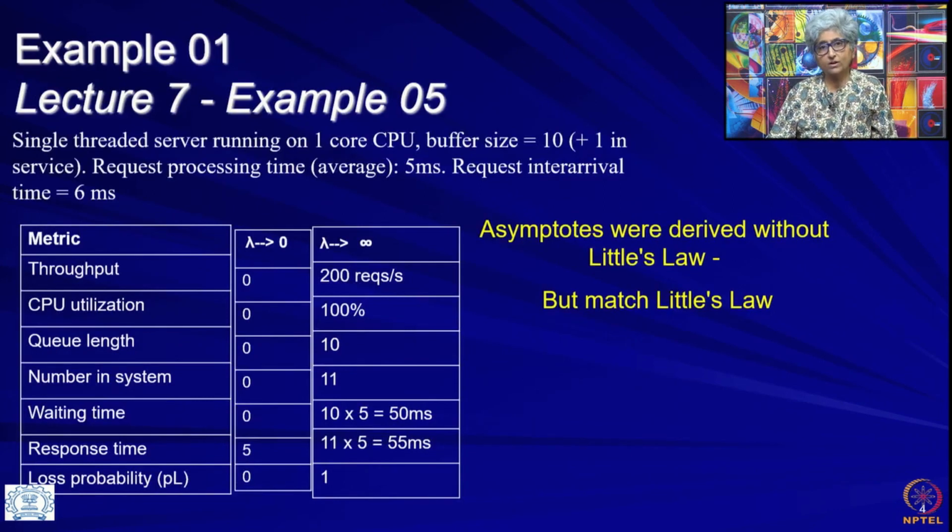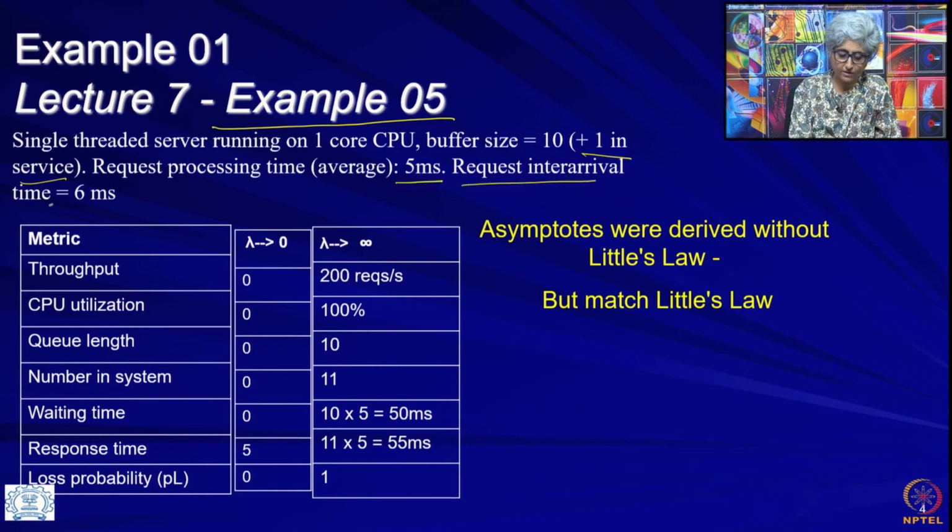So, this is actually recalling an example from our lecture 7 where we had done a lot of practice examples for utilization law, for asymptotes and so on. You can go back and revise that lecture, and that is the example 5 I have taken just for continuity. The example is of a single threaded server running on one core CPU. Buffer size is 10 and 1 in the server. So, total number of requests that can sit at the server is 11. Request processing time is 5 milliseconds, request inter arrival time is 6 milliseconds. So, this is a stable system,